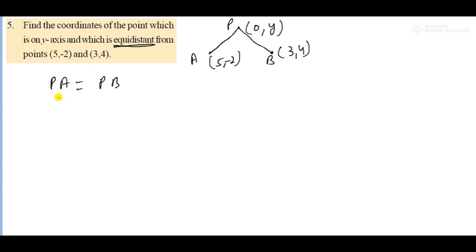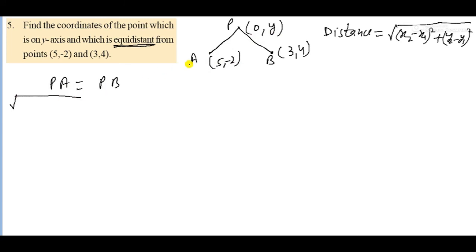So y square cancels out. So 8y minus 16 is equal to 0. So 8y is equal to 16. So y is equal to 16 by 8, it is divided, so we get 2. So the coordinate of P is equal to how much? It is (0, 2). So that is the answer. It's a very easy question, but it's a very important question, so you have to learn it by heart.